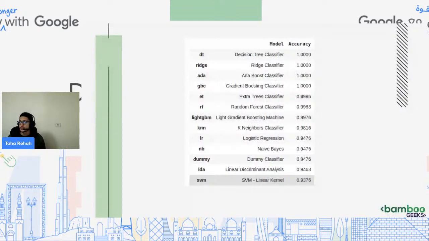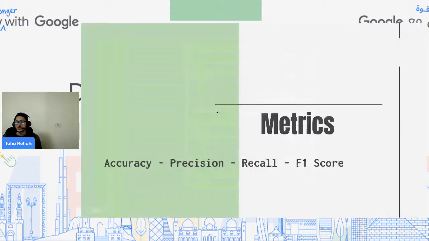This is 100% wrong, totally wrong, because the accuracy is making us confused, and this is just an illusion of numbers. We need to look into something else to prove to ourselves that we are not on the right path. So the first thing that we need to take care of is the metrics. The accuracy is not the right metric in the case of imbalanced datasets. Never look only at accuracy when you have an imbalanced dataset.